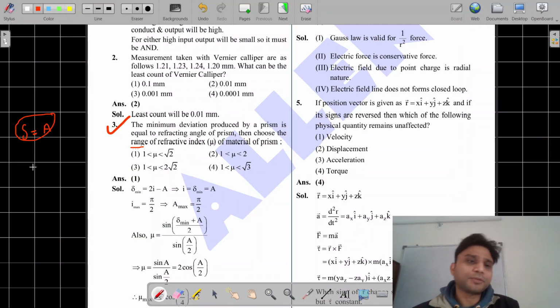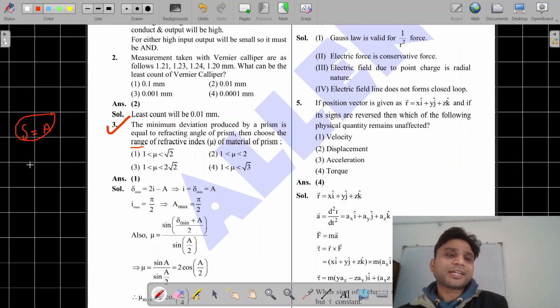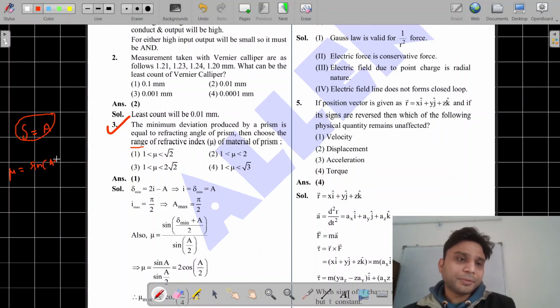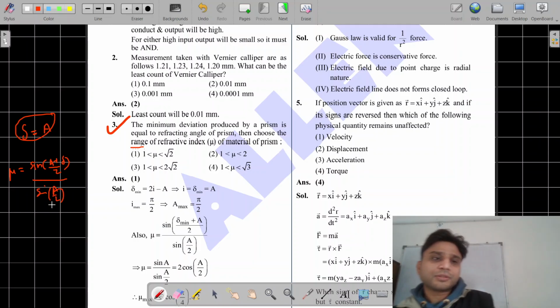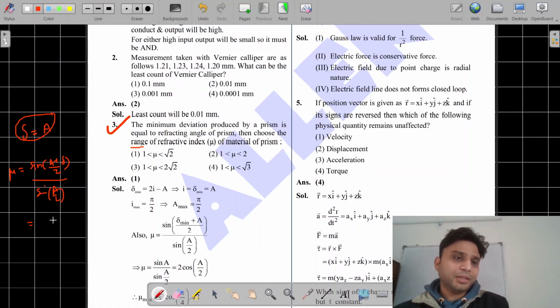So this is like a question in which first we have to focus on what we know. We know that the refractive index of the prism mu is related to these two quantities using the relation sine of (A plus delta) by 2 upon sine A by 2. So this is one of the relations which we know in case of minimum deviation. So when delta is equal to A, then what will happen? Then we will say that this is sine A upon sine